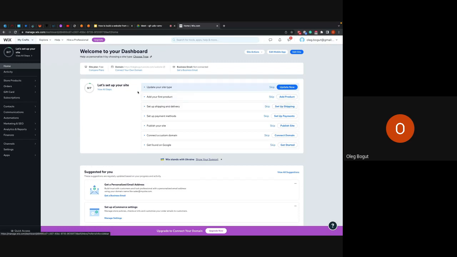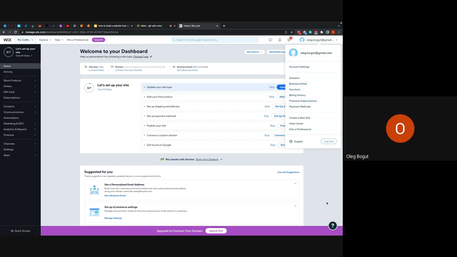I created some test site just for checking this platform, but let's try to create another one. I guess it could be a little bit easier. But anyway, okay. As you could see, it's a profile. Let's examine this. So you have some account settings, you have some domain management, you have your vouchers and billing history,